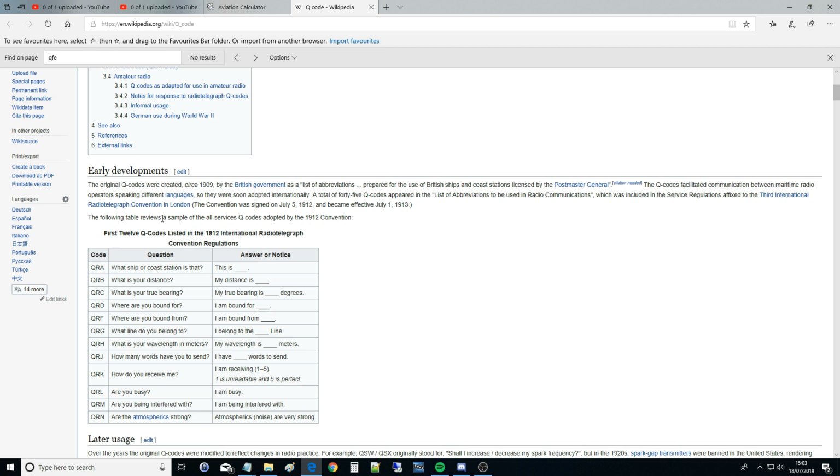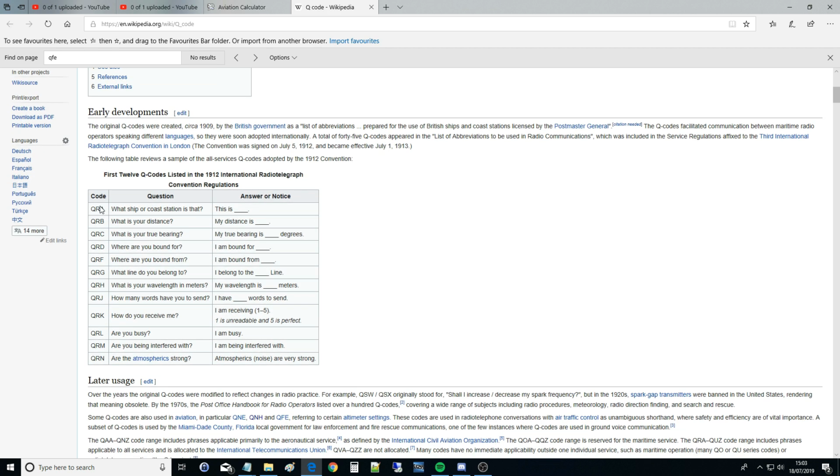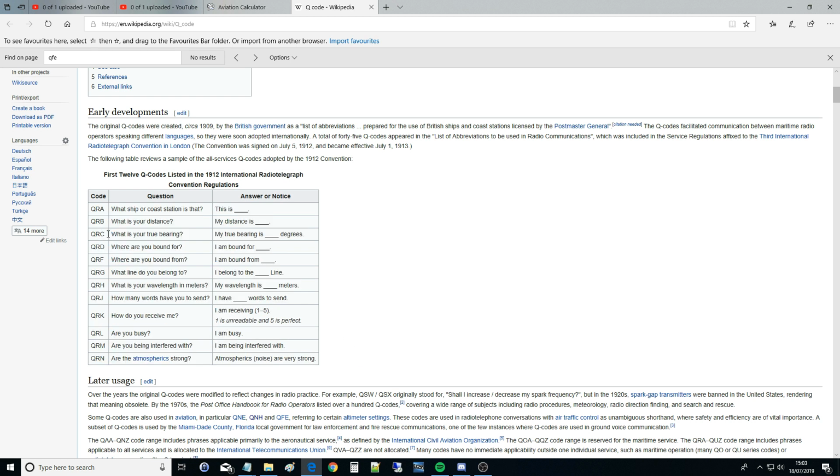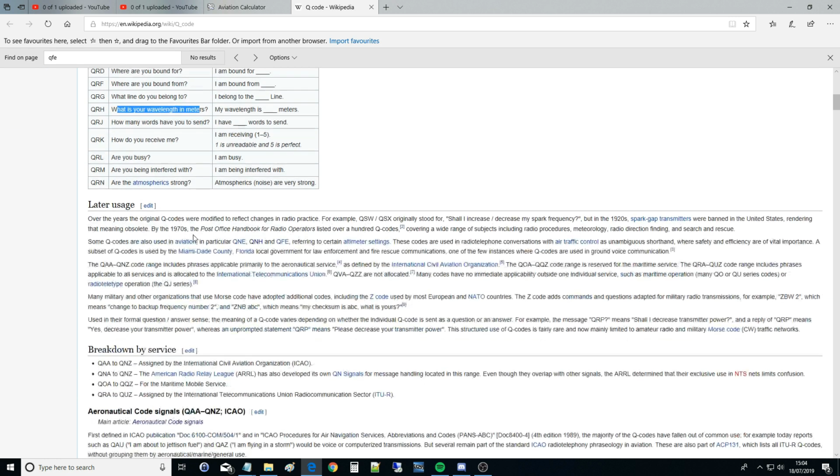The following table reviews a sample of all Q codes adopted in the 1912 convention. So that's how we started off, okay? And let's just have a couple of interesting things. QRC, what is your true bearing? QRH, what is your wavelength in meters? And so on. Later usage, so we won't read through this, but this is the expansion and how it expanded